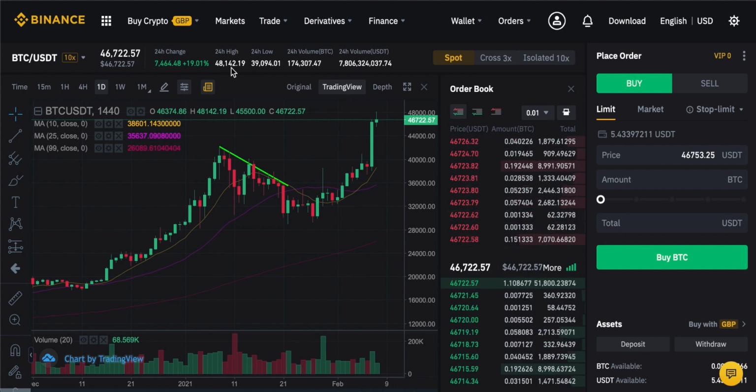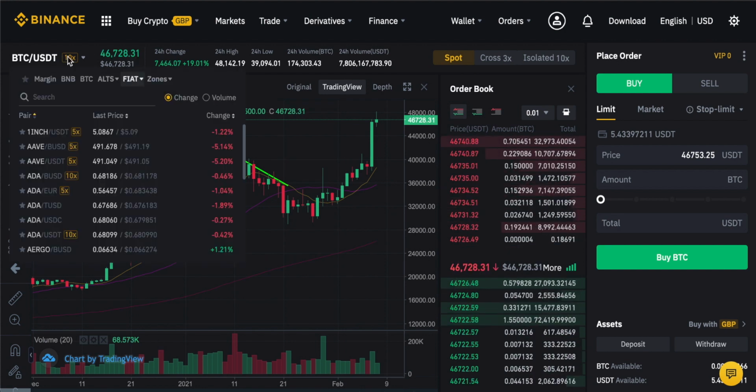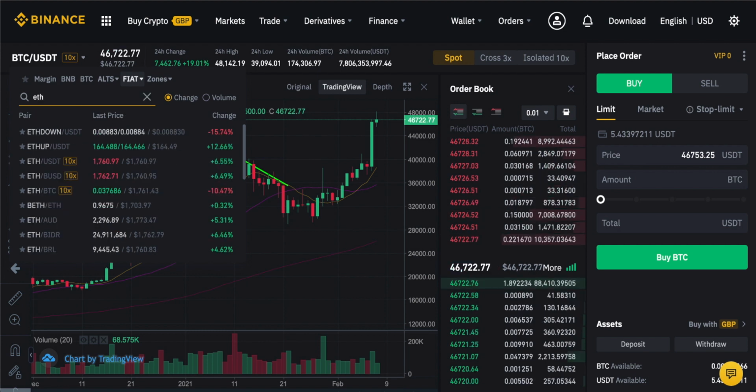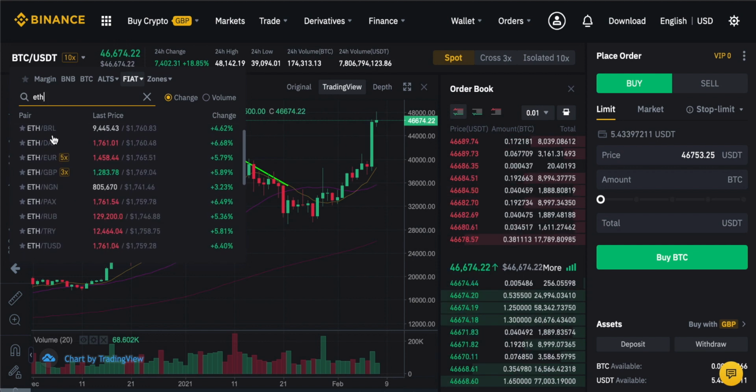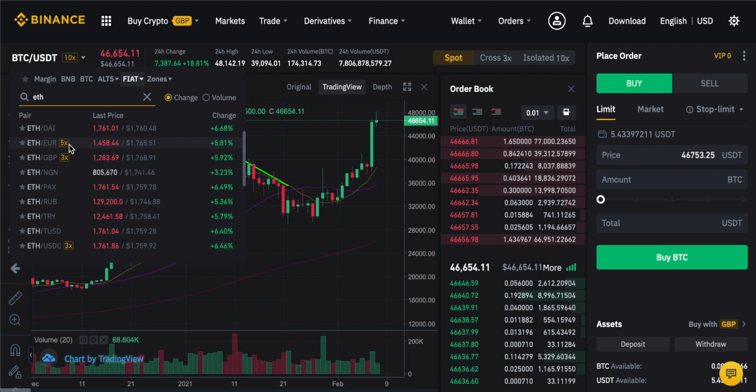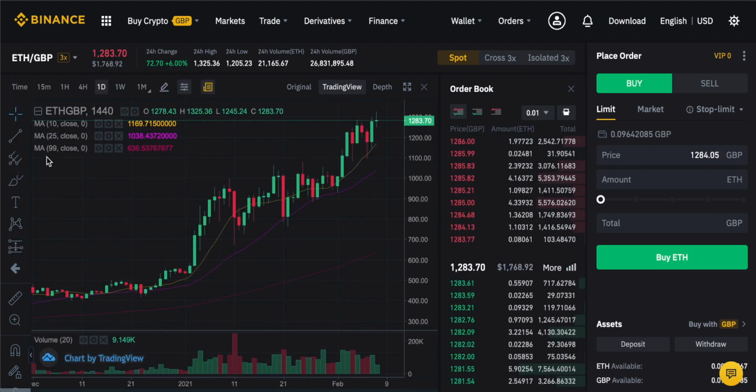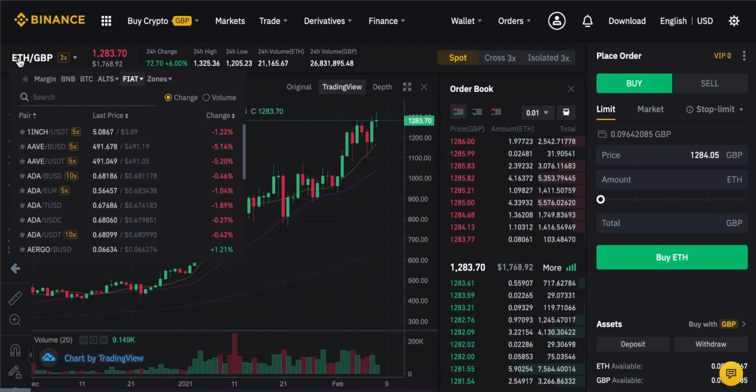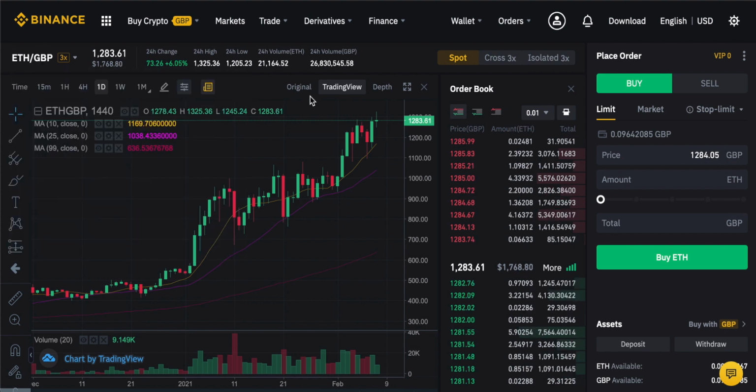The first thing you'll need to do is come over to the market, and we need to choose the market. So I'm actually going to type in ETH right here, and this gives us all of the Ethereum markets on Binance. If you're in the UK, then you're in luck because you can actually directly trade pound sterling against Ethereum. We can actually scroll all the way down and find the sterling Ethereum market. That's right here, as you can see. So I can click on this, and this is a direct market between ETH Ethereum against pound sterling. And you can just go ahead and trade this. If you have pound sterling on account, you can directly trade it.